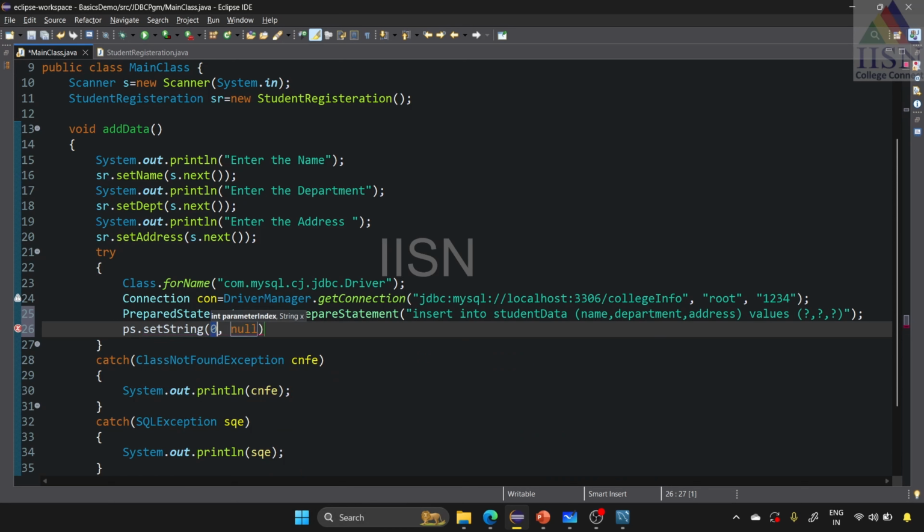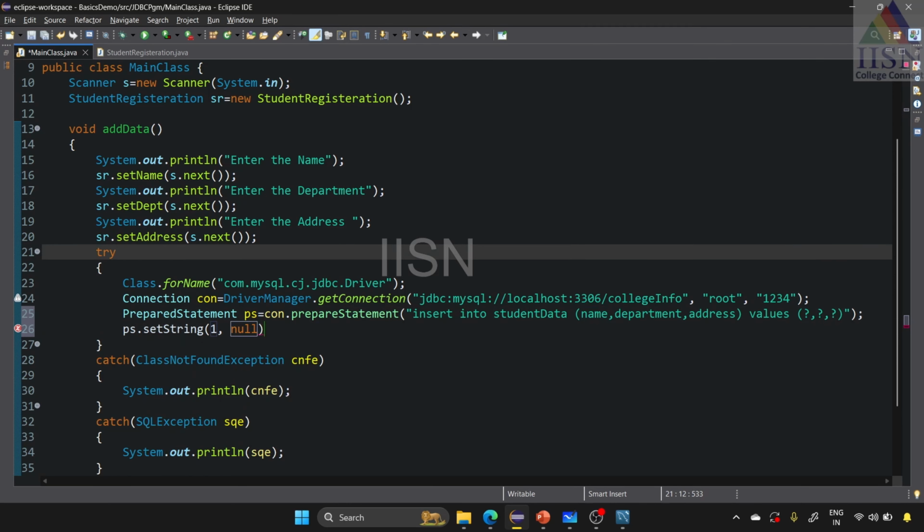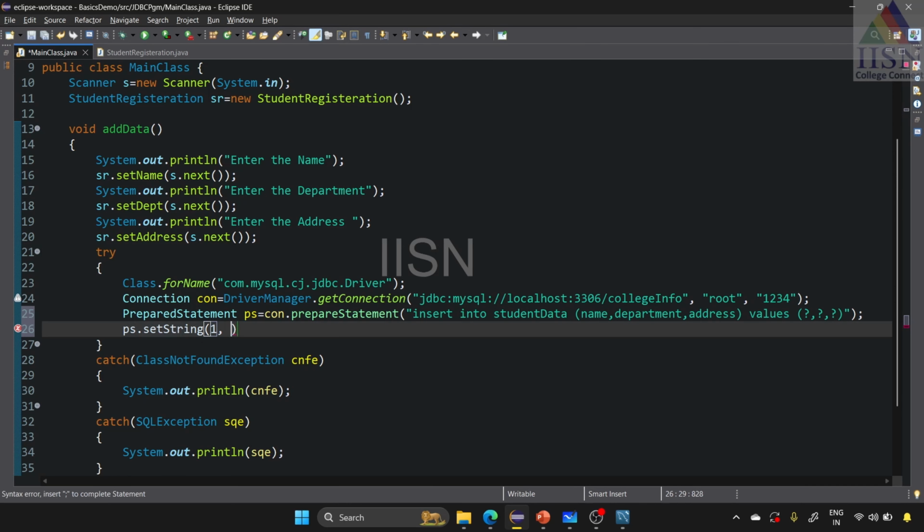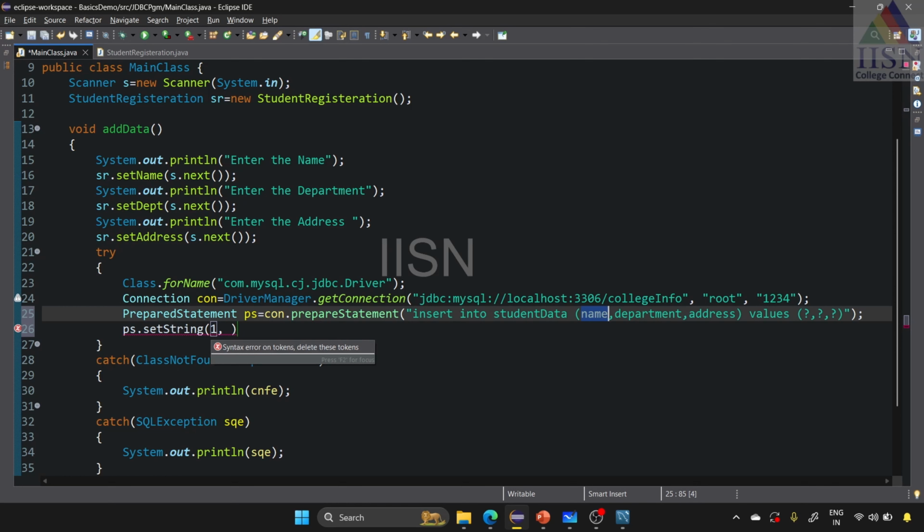Okay, so here I'm just going to pass the parameter index, which is going to be 1 in that particular table. In this table, 1 is the first column, right? Here I want to get the value for the name. For which column did we give first? It's the name, right? So we want to get the name, then only we need to pass the name from the Java application to